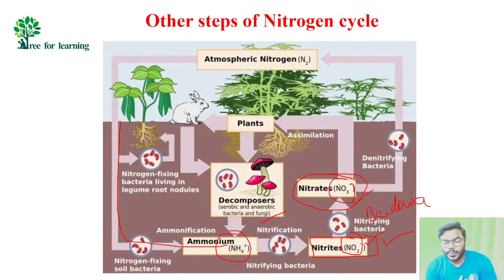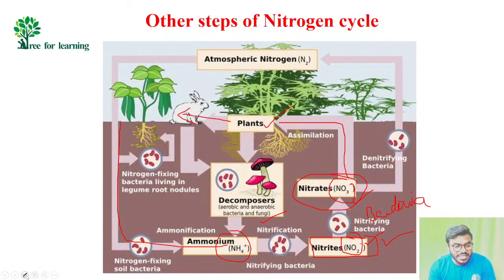What is my ultimate goal? The ultimate goal is assimilating all these in the body. By that I can produce proteins and amino acids. So friends, who is going to assimilate now? Of course, friends, animals cannot assimilate very fast. Who is going to assimilate now? Obviously, first assimilation is by the plants. Now what are the plants doing, friends? Upon uptake, the plants will produce proteins, amino acids, nucleic acids, whatever they require, by using this nitrogen. Once this is done, this is important, from the plants, animals will get it.